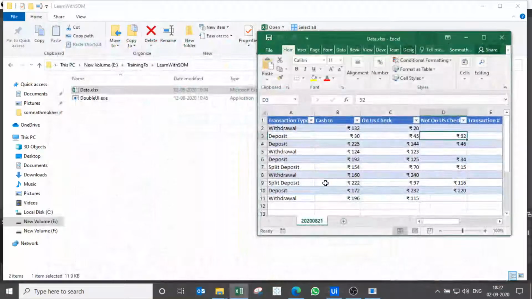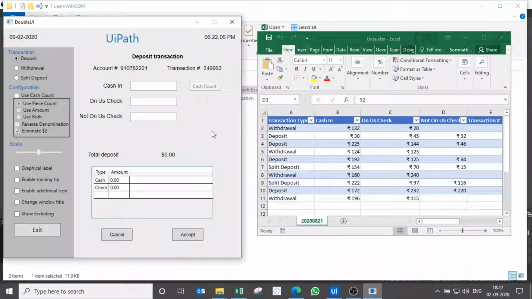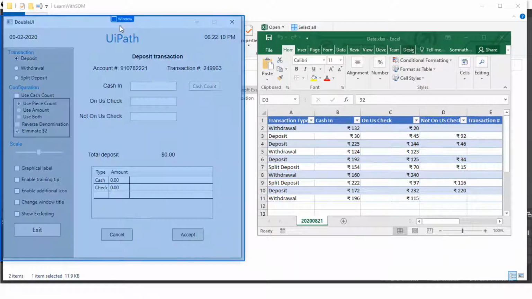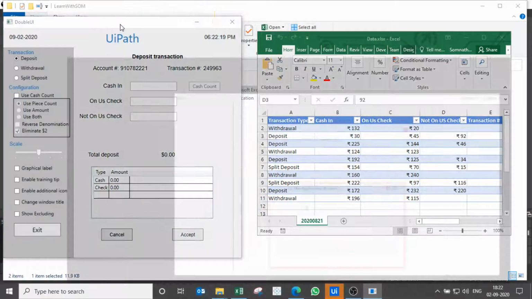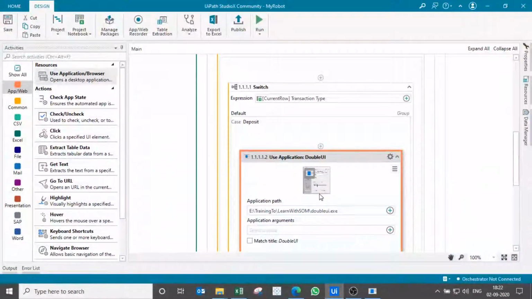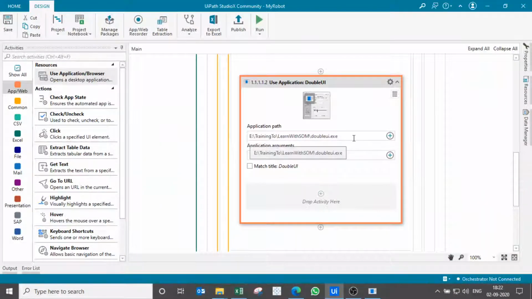So click it here, and then indicate on this application. It's focusing, so the color is blue now. That means we have to click on this. So now the application path is this, and we don't have any argument or anything else.